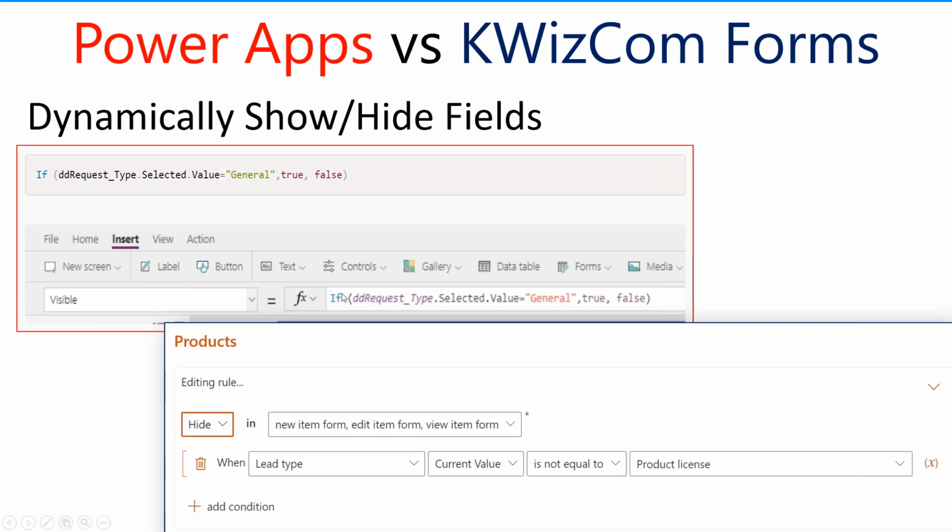Instead of having to know the syntax of saying visible equals formula, and the function is if the value is that, then true, otherwise false, you can construct in QuizConforms a much more logical, much easier way of grasping and constructing the rules of whether something is visible or not visible, and also put